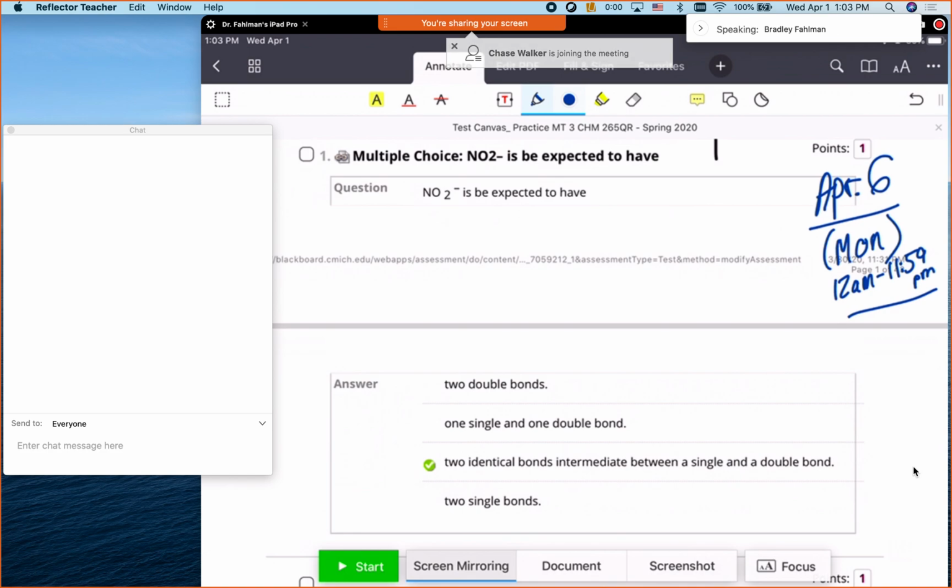There won't be any live lecture next Monday, because maybe this time works best for you, so feel free to take it anytime. It'll be 2 hours, and what's important is you have to use the lockdown browser. If you try to use a different browser, it will require a password that I don't even know, so it just won't work. It won't give you access to the exam. So download the lockdown browser, open it up, and it should take you to your CMitch Blackboard account, and the exam will be in the assignments link. You click on assignments, and you should see, I think in capital letters, lockdown browser